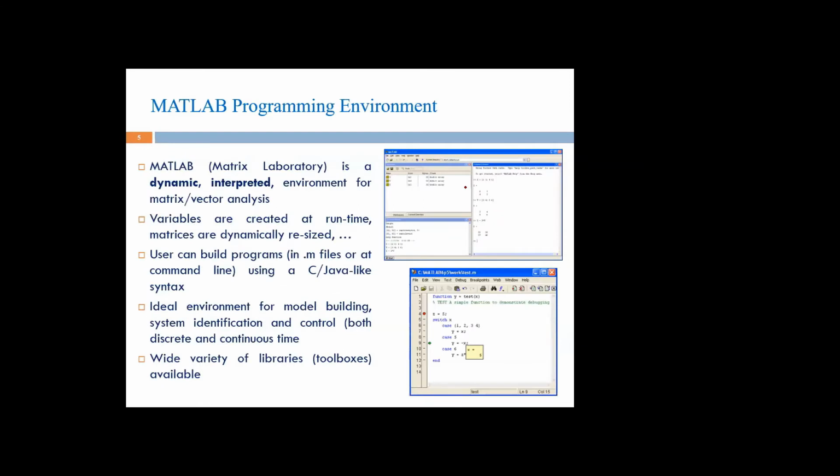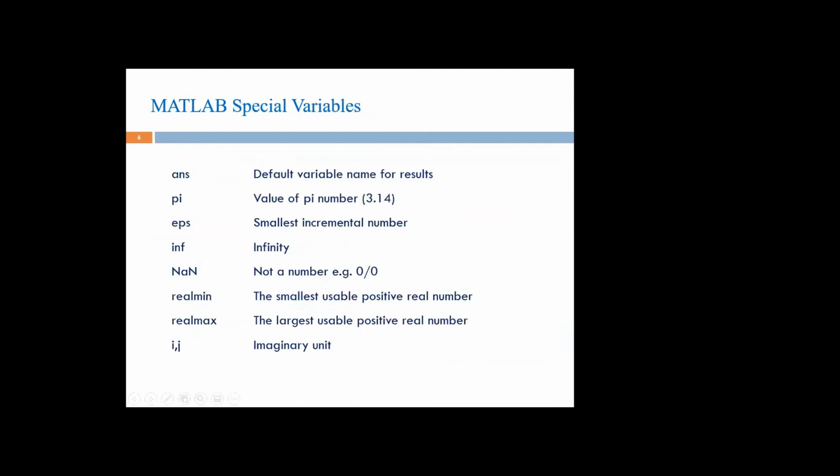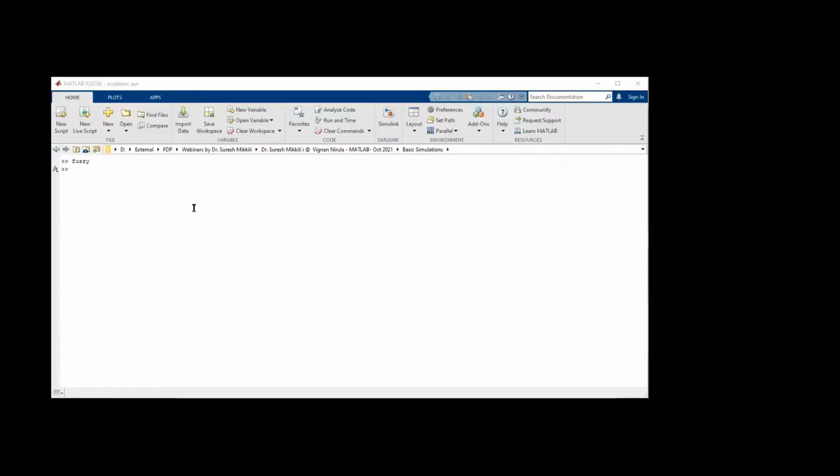Let us suppose I will show you one example. Even programs you can do. Let me show you. One second. In the command window, if I enter a row vector 12, 14, 63, it is shown as a matrix. When I want a row, a comma is given. When I want a column, the semicolon will be used.